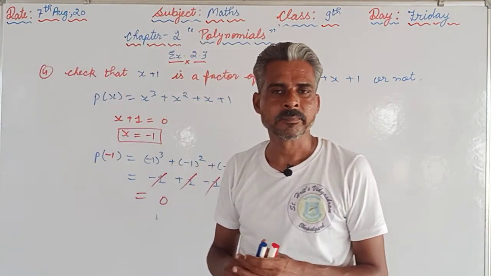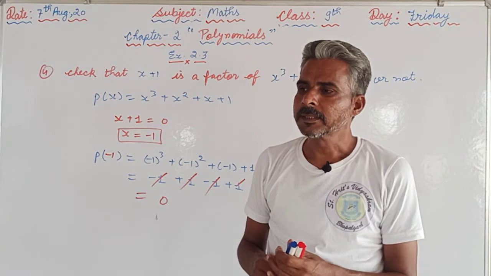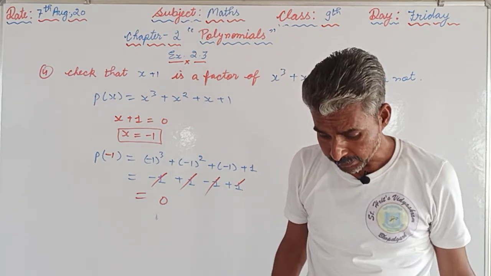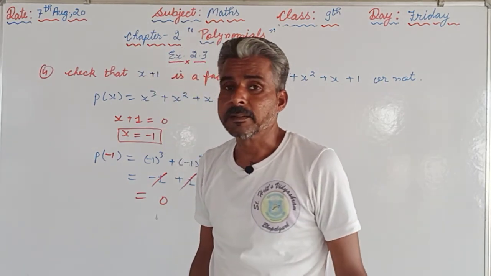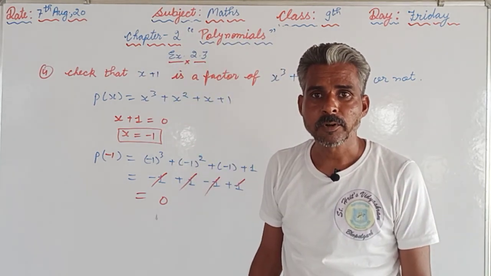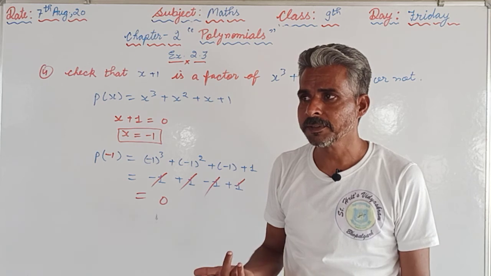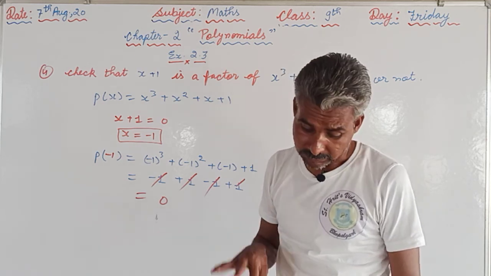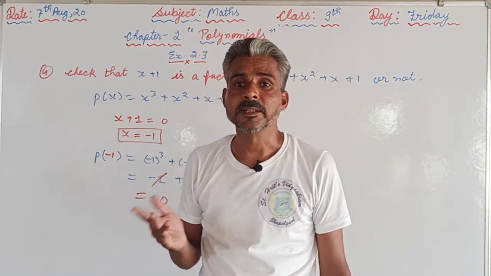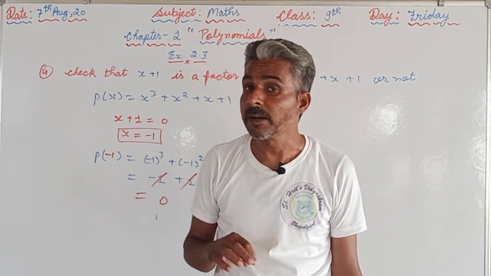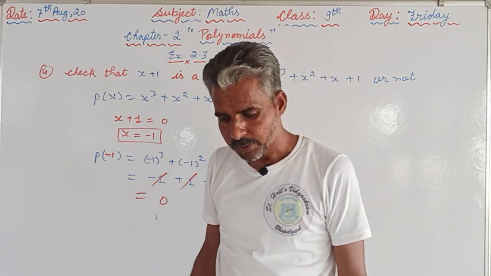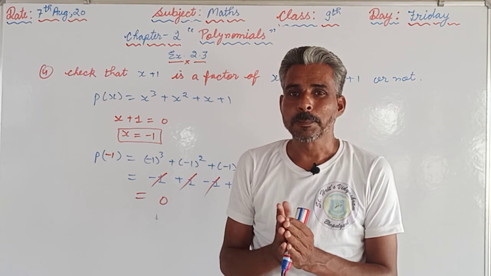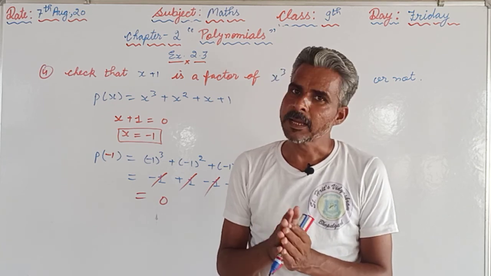So this is the method to proceed with such types of questions, in which we are supposed to check whether the given polynomial is a factor of p(x) or not. We can use either of the methods, either the long division method or the factor theorem, and when the method is not mentioned, you can use whichever method you feel comfortable with and in which you have mastery. For that you are supposed to practice as much as you can.